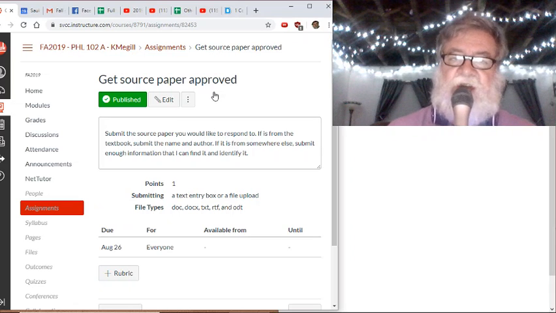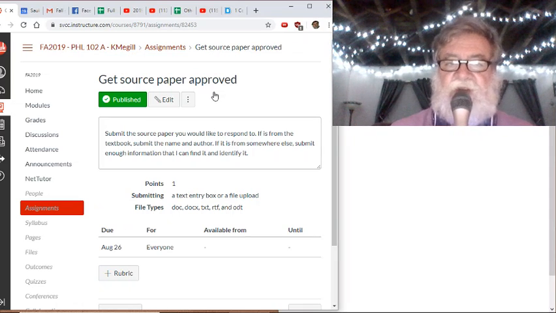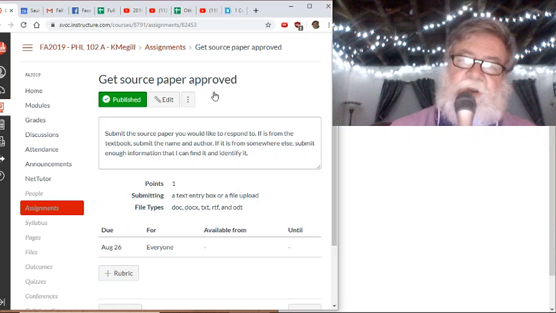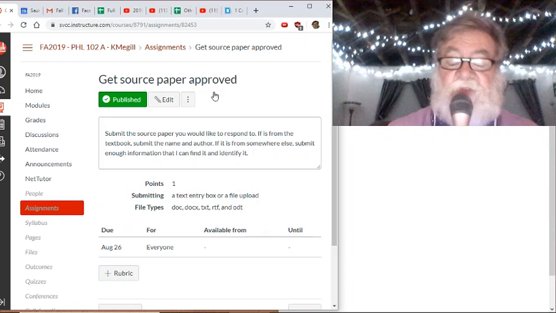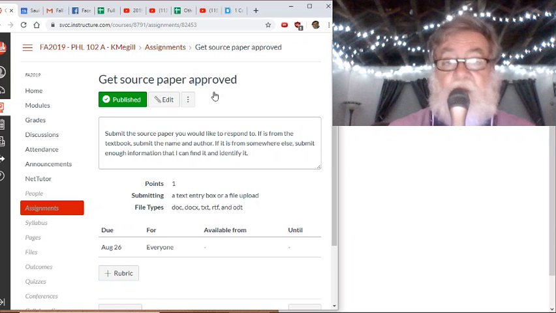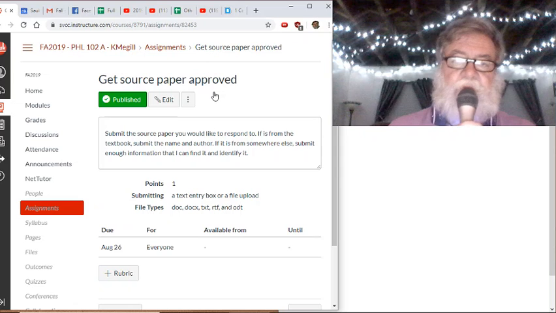Because you certainly are allowed to get some ideas for your own argument from what other people say. If you use them in your paper directly, you'll need to quote them and cite them so that I know you're not just plagiarizing. But you can certainly get ideas just from talking to people and from asking in the forum. So, for example, if your paper is on whether democracy is the best form of government, you might actually ask in the forum, what do you think? Is democracy the best form of government? Why or why not? And see what people say about it. So that's one thing you might want to use for your forum question.